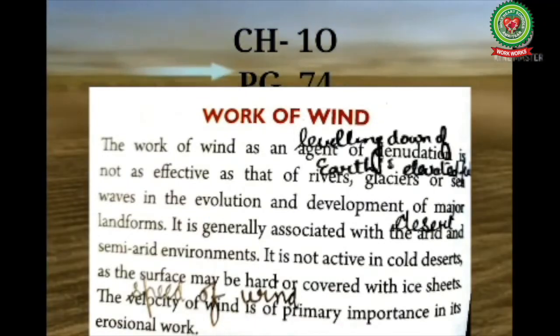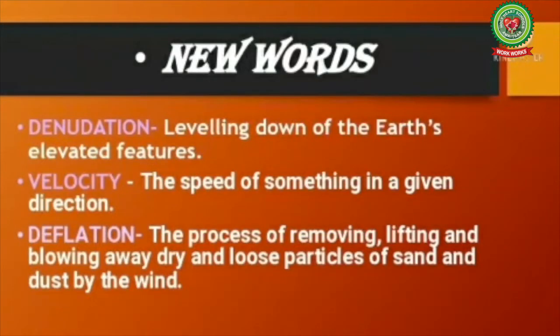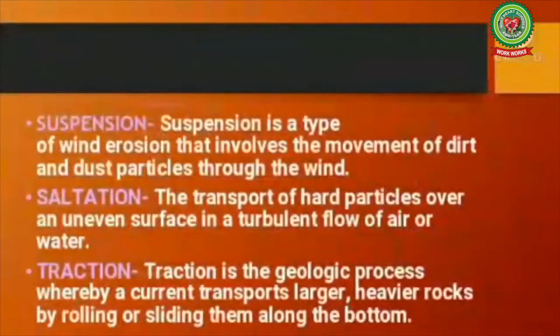learning in this topic. Number 1, denudation, leveling down of the earth's elevated features. Number 2, velocity, the speed of something in a given direction. Number 3, deflation, the process of removing, lifting and blowing away dry and loose particles of sand and dust by wind. Number 4, suspension. Suspension is a type of wind erosion that involves the movement of dirt and dust particles